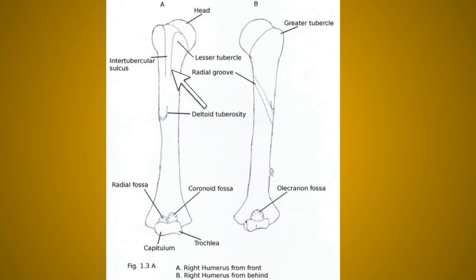Now the upper part of the medial border actually forms the medial lip of the intertubercular sulcus. So remember, the upper one third of the anterior border forms the lateral lip of the intertubercular sulcus, while the upper part of the medial border will form the medial lip of the intertubercular sulcus. Okay. Now in the middle of this medial border, it represents a rough strip and continues below with the medial supracondylar ridge. Simple. Okay.